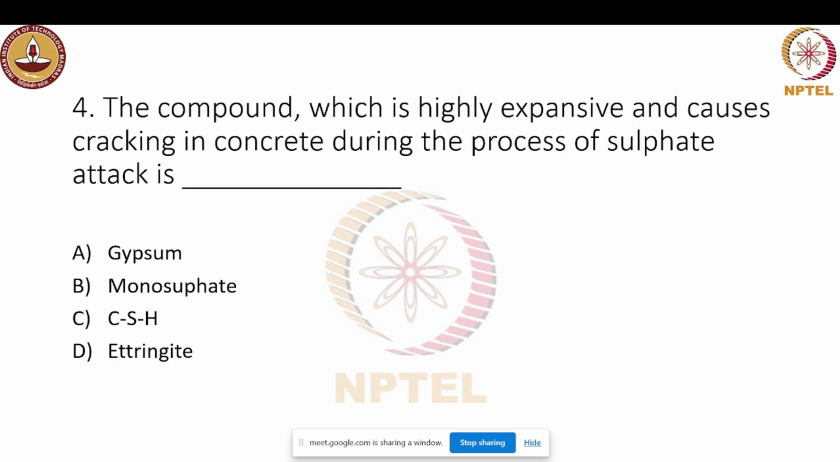Next question. The compound which is highly expansive and causes cracking in concrete during the process of sulfate attack is